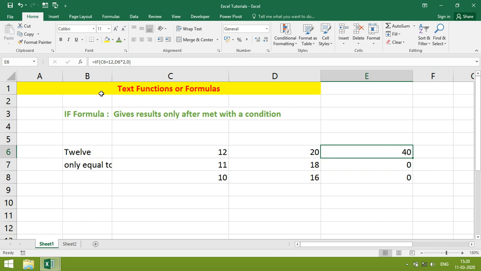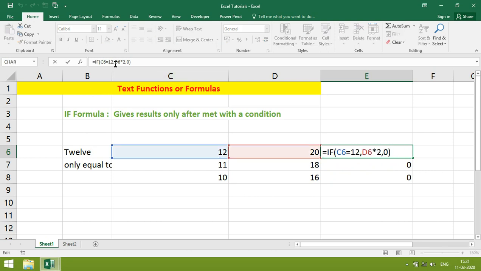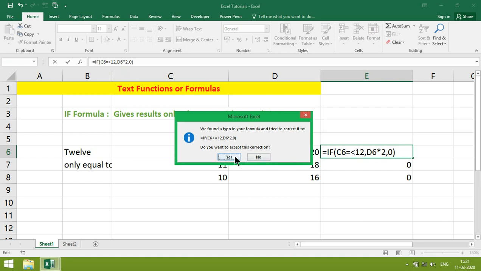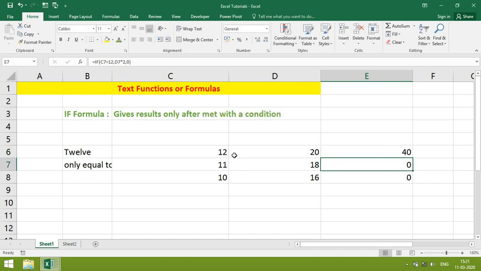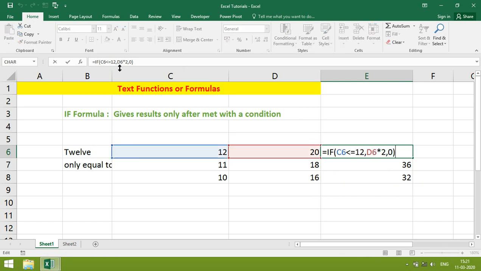We can change the formula here, F2, make changes here, less than. It works. The same way we can change again, F2, and see whether the condition is met or not, greater than.